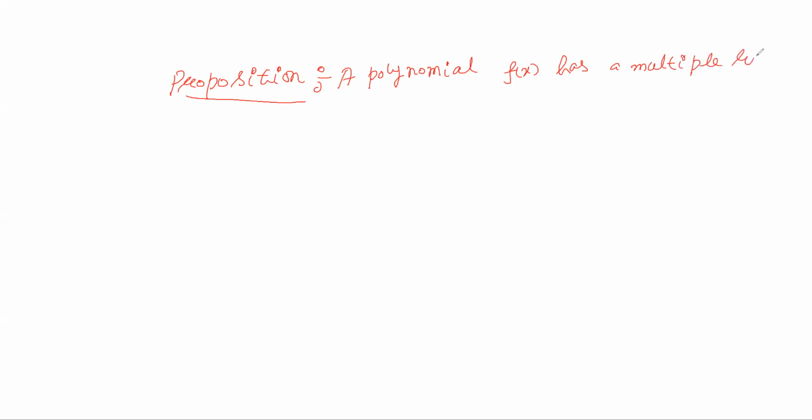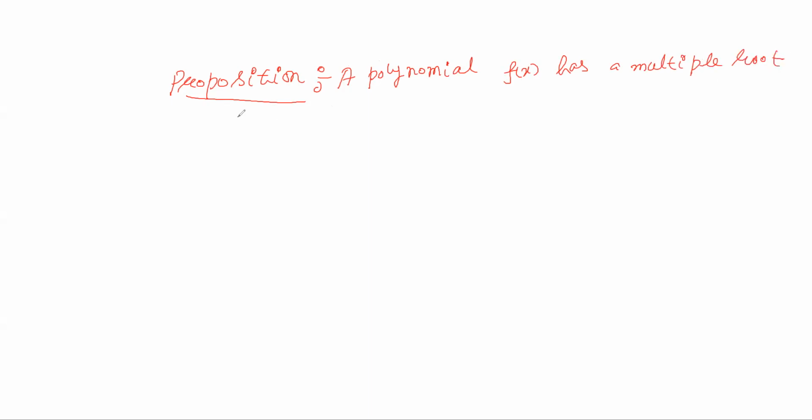Proposition: a polynomial f(x) has a multiple root, which means it is inseparable, you can say, multiple root